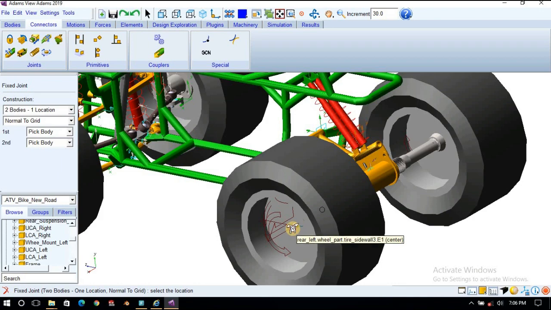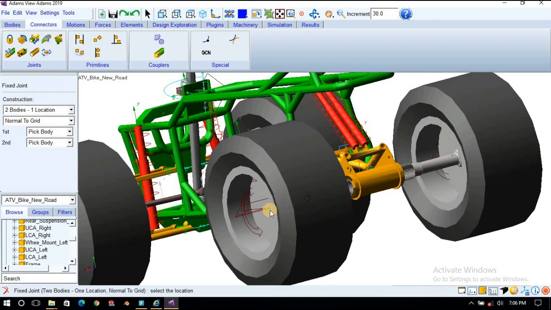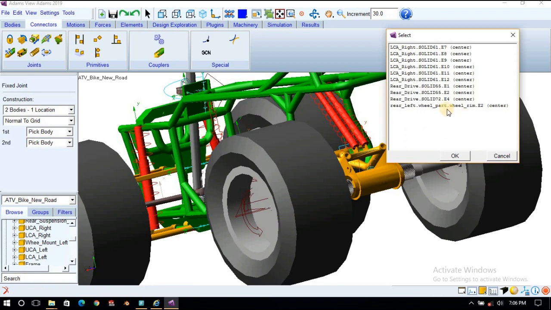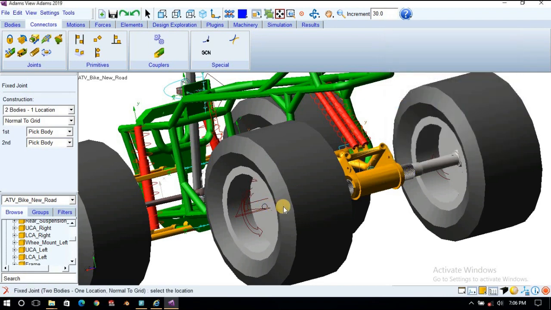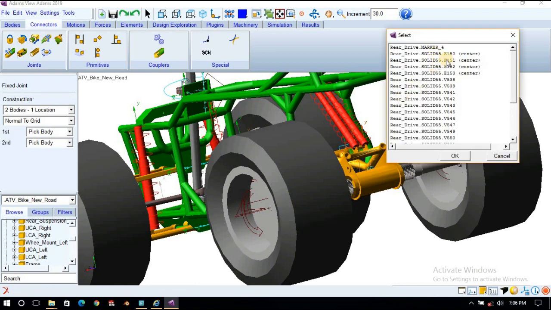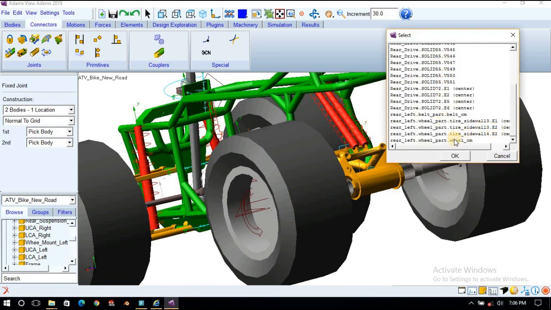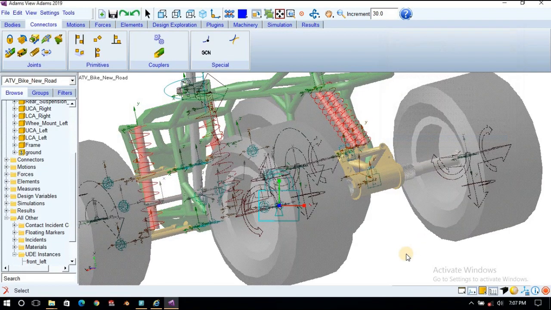Sorry, a little bit reoriented, right click, okay, this center of mass of the rear wheel, then okay.